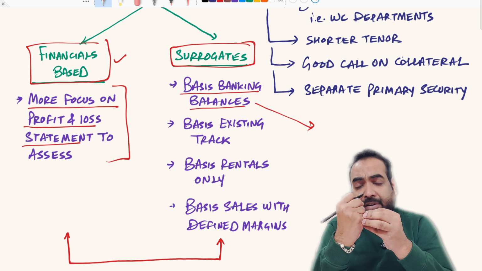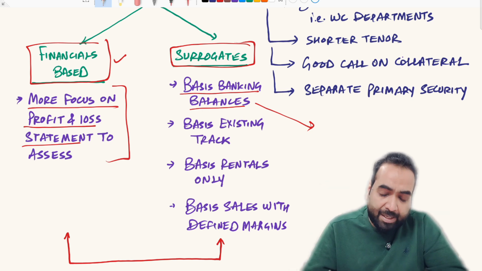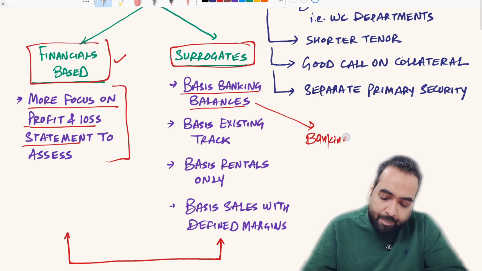How do we calculate that average banking balance? That we will come across in the coming months, right? So that is called the banking product. What we call it? We call it banking product,